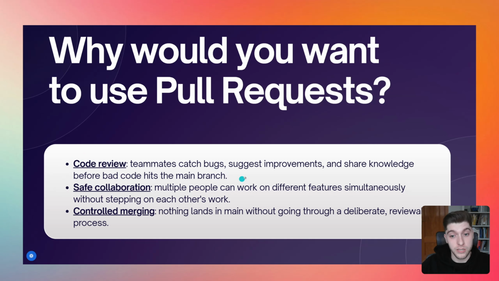Teammates can catch bugs, suggest improvements, and share knowledge before bad code hits the main branch. So imagine you are pushing everything onto the main branch, but for example, when we talked about authentication, let's say you pushed everything onto the main branch, but there was a major bug in your code you didn't realize about it, and unintentionally with your code you can expose clients' credentials, for example. You wouldn't want to push that